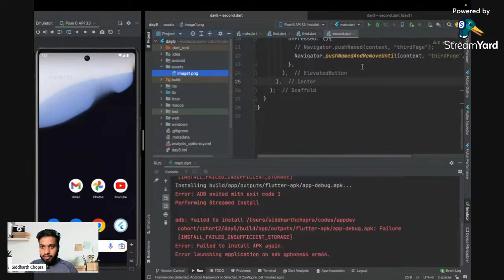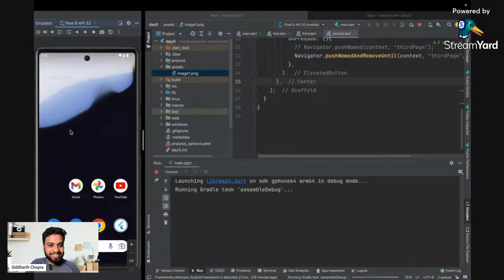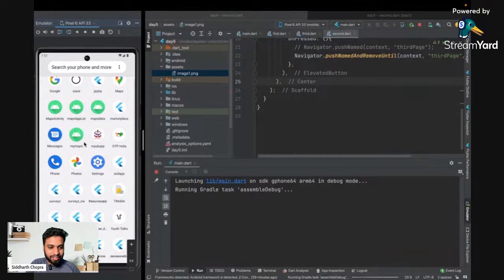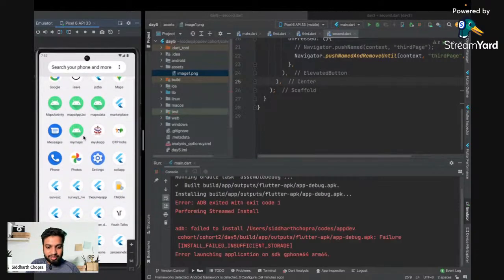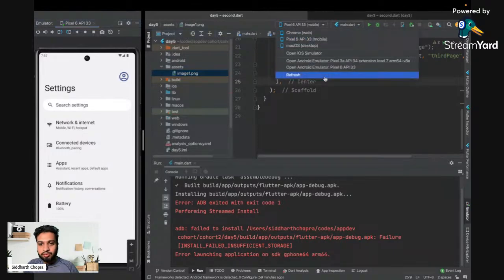Oh, there is some issue in installing. I think this virtual phone is out of storage because I have many apps installed here. Let me uninstall a few apps which are large, or let me just go for another phone. Okay, let's go for